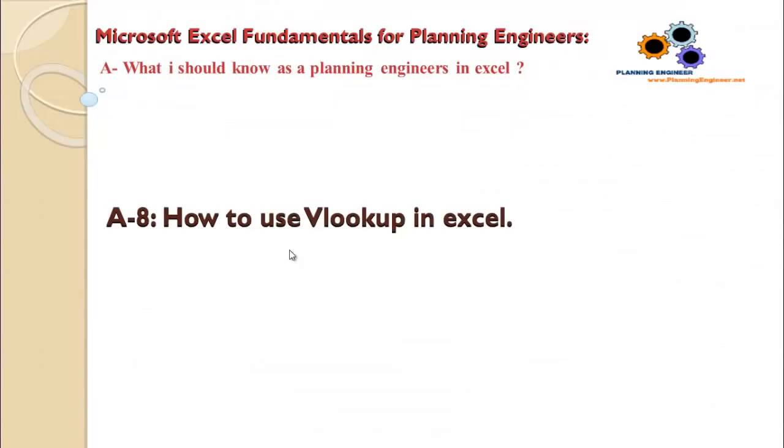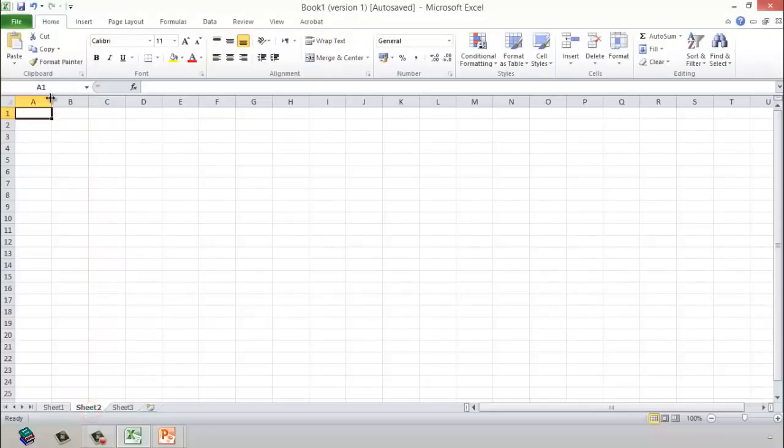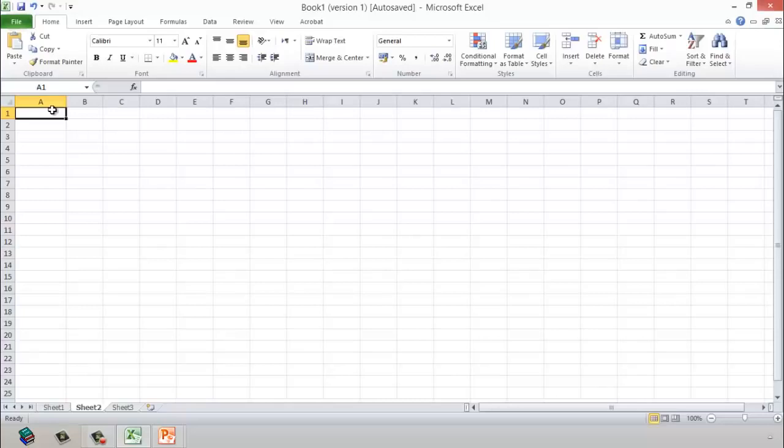How to use VLOOKUP in Excel? In my opinion, VLOOKUP is the most important formula in Excel. It is very effective and it will save a lot of your time. Let's go and see how it works. Let's go to make another sheet. Let's say we have here activity